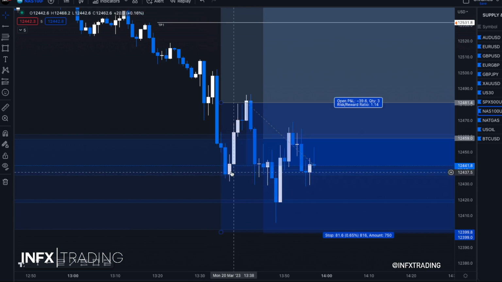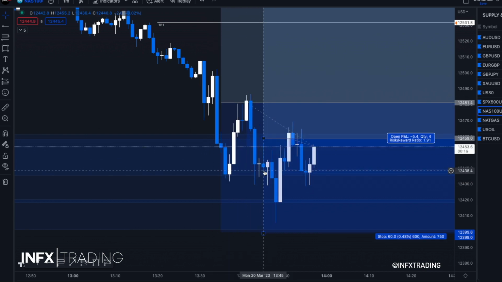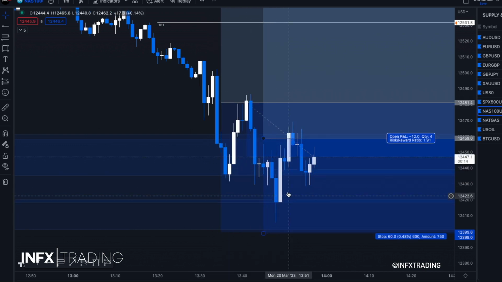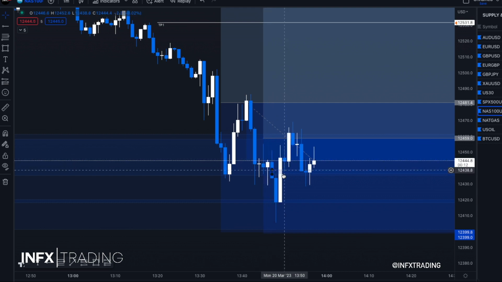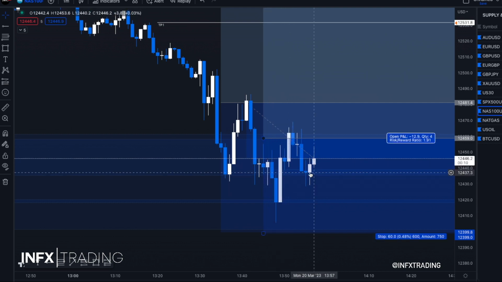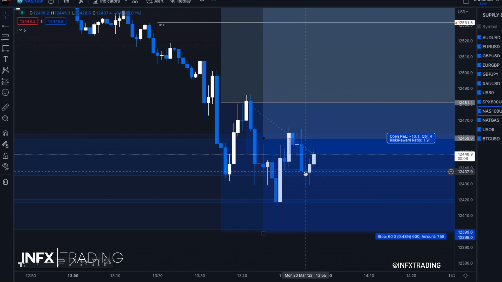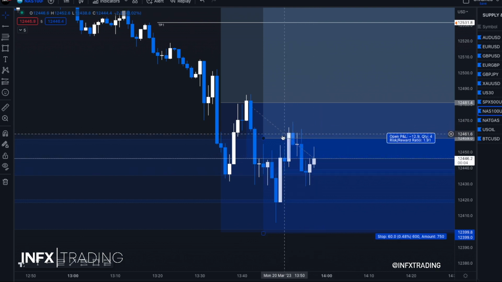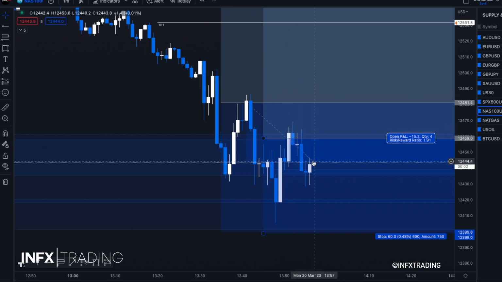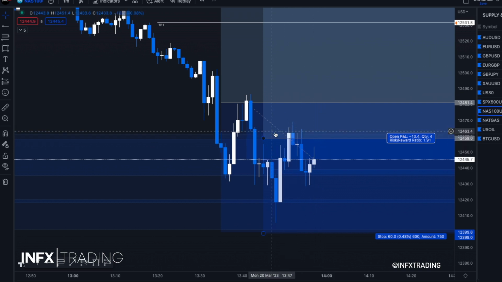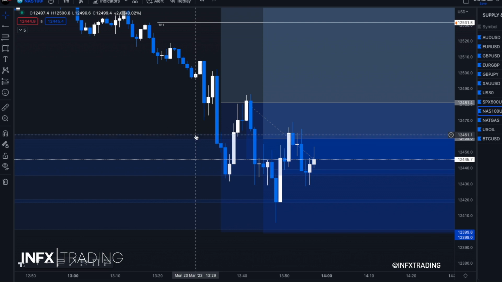Now you can see we've had a new lower low, new lower high, a new lower low. Okay, well, new lower low here, but there is a bit of a change of character here with a fair value gap. Price has come back into this area and has actually held price up, pushing price back up. Now I'd like to see price break above these highs again, obviously, because that pushes us back into more profit, but this is a good example of